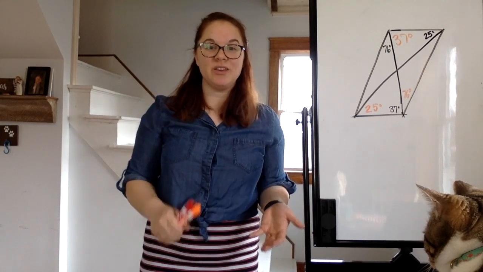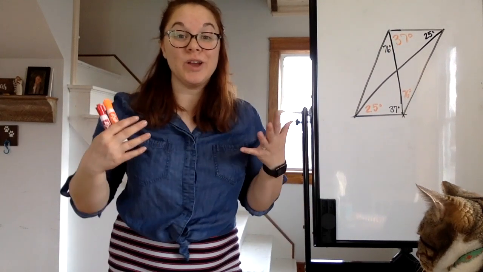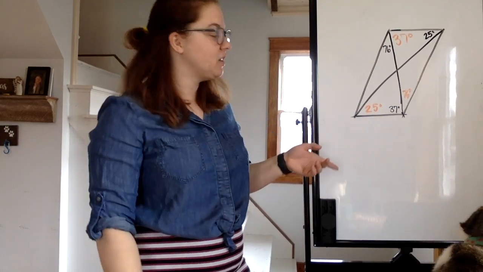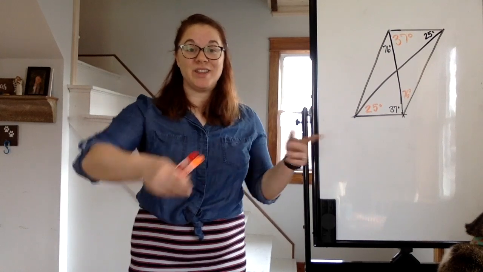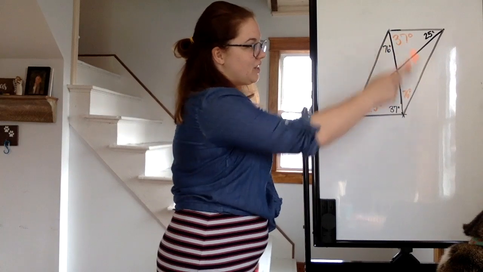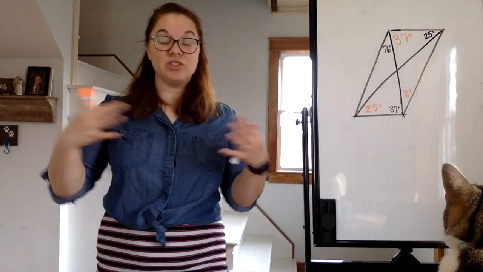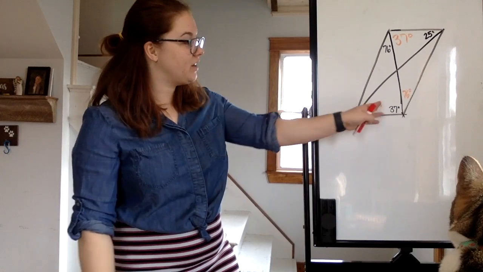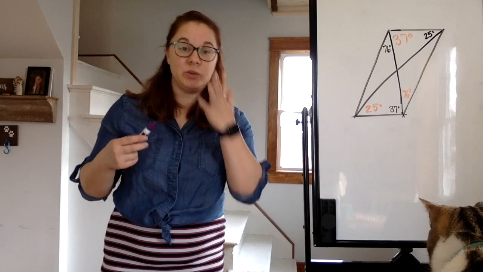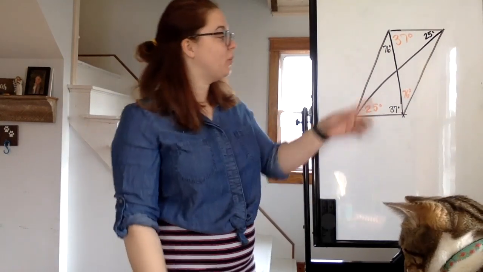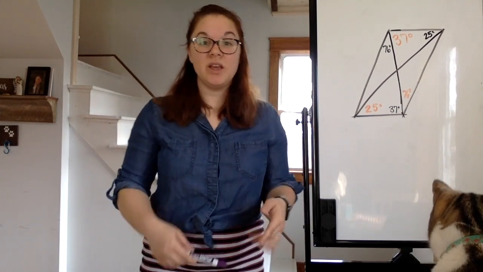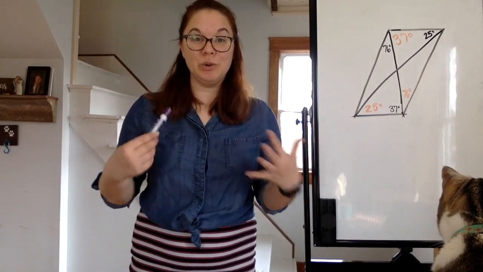So here we can see some of those angles that we figured out weren't directly related to what was inside. Some of those angles just helped us find others. We used some of our corresponding angles to then find vertical angles, and those vertical angles that we found are the ones that are in here. So what we did on the outside was a little bit of extra work, but it's what helped us find the measure of these. So in order to find those last two angles, we need to remember something about four-sided figures. For four-sided figures, like squares or rectangles or parallelograms, their angles on the interior are always going to add up to